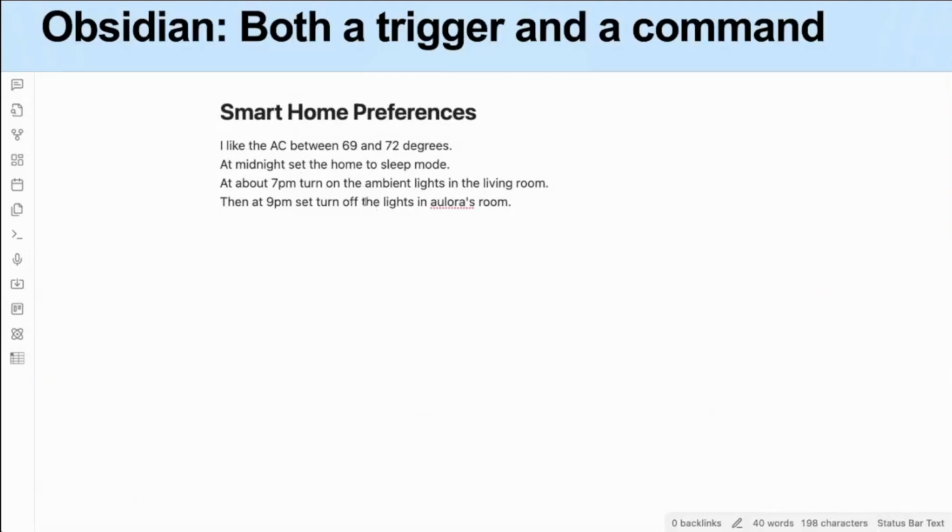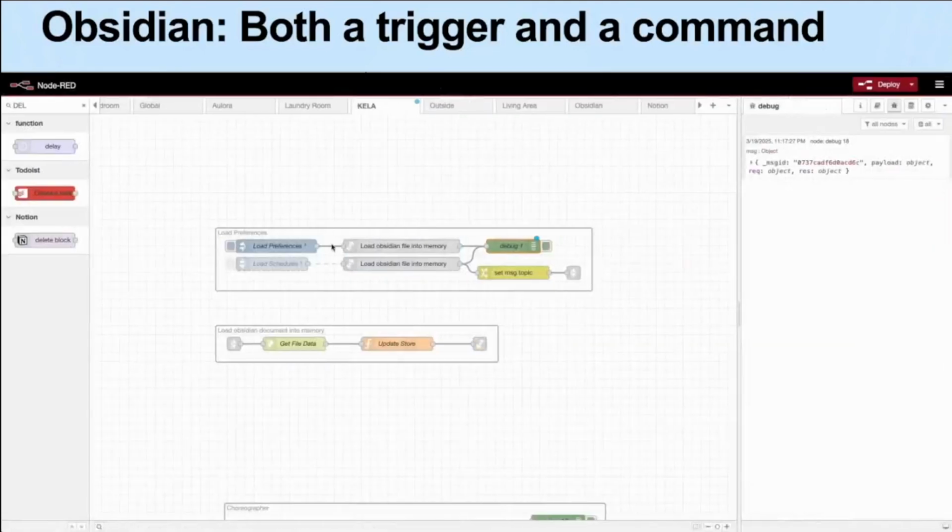Now, what I mentioned for the reading aspect of this, of the three R's, is that reading, you're supposed to have a trigger, and that trigger will fire, and the output from the reading section or the reading phase should be some kind of command. And I also mentioned that with Obsidian, it has the special ability of being both a trigger and commands, if you will. So let's see what that means here within Node-RED.